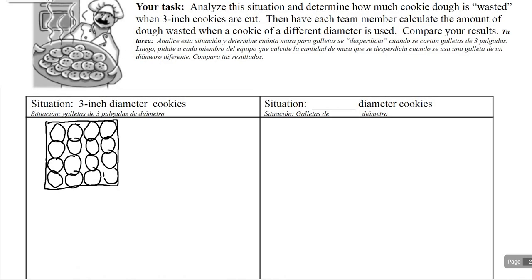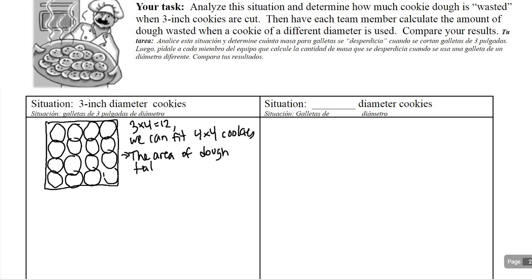Since 3 times 4 is 12, we can fit 4 times 4 cookies. So the area of dough taken up by cookies